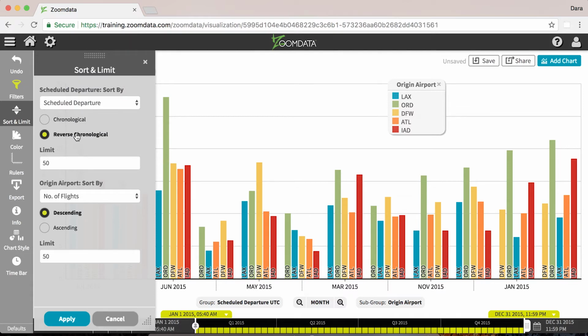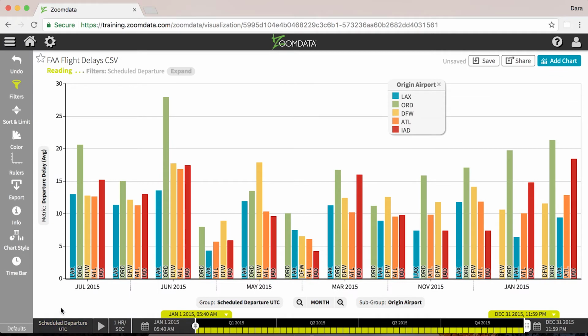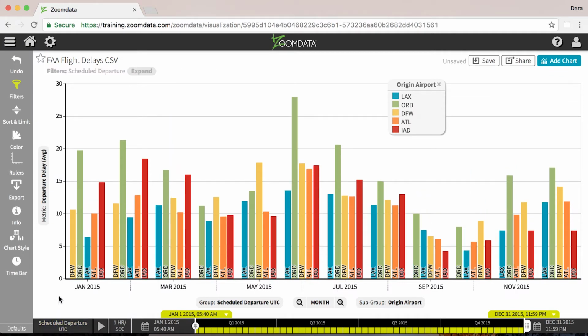You can also set it to reverse chronological, which can be useful if you want to see the newest data first, but we kind of want to look at it historically. So let's do that. And now we can see January, February, March, May, July, that's all in order. And you can see a little bit of an annual trend, the same one we saw in that line chart in the last video. A big peak in the summer, a fall in the winter,